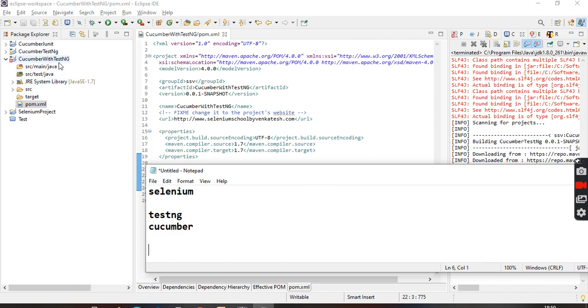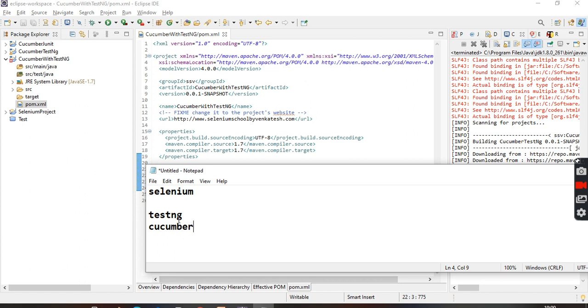So if you want to automate anything, what do you want? This project is highly dependent on these jars. So can we call it a dependency? Yes, we can call it a dependency. How can we download Selenium, TestNG, Cucumber, everything? This we can download from the Selenium HQ, this from the TestNG site, and this from the Cucumber site. No need for any manual intervention. The system has to download automatically. How is it possible? That is what a Maven project does.